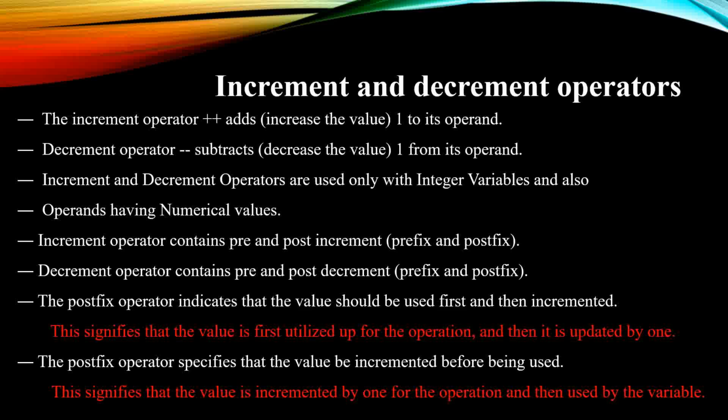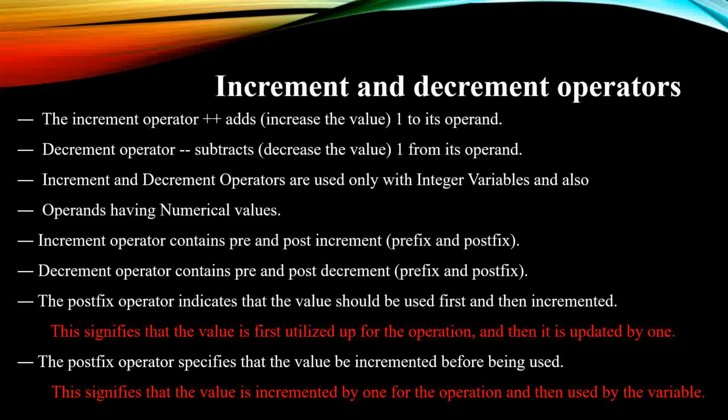Increment and decrement operators are used for different purposes, and those operators are called what? Unary operators. In the last lesson we saw unary and binary operators. If it is binary, we need two operands. For example, if you want to add a and b, the plus sign is considered as what? Binary operators. But in the case of increment and decrement operators, we need to use only a single operand. So in that context, the increment and decrement operators are considered as